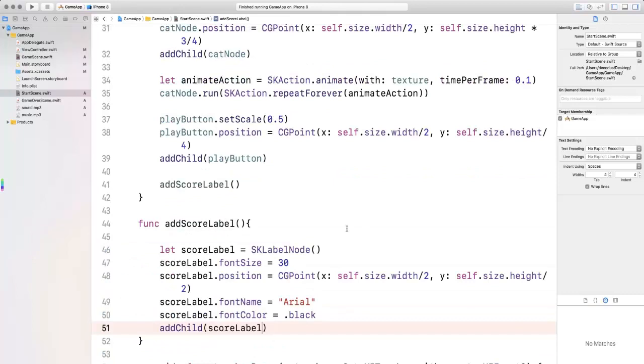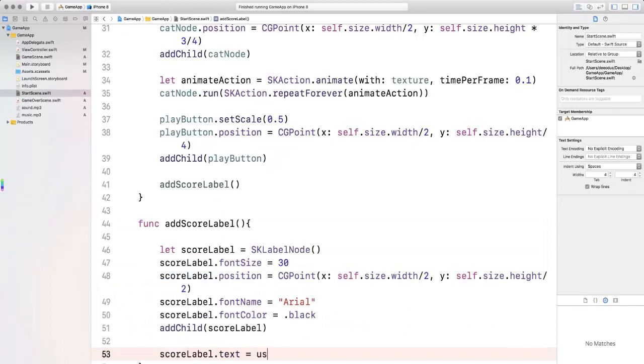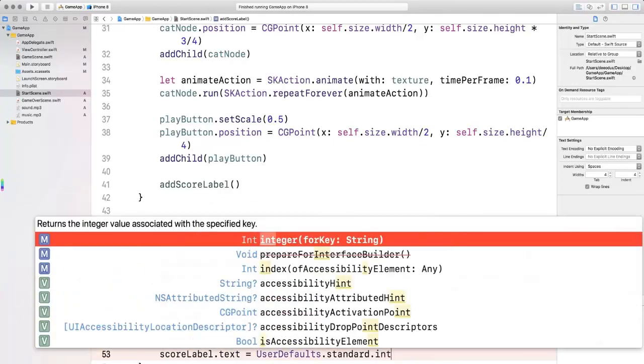If we run the code, we're not going to see anything because right now we don't set any text for that label. So the text we want to set is actually the UserDefaults value for the scores key. So let's say scoresLabel.text. That will be UserDefaults.standard.integer(forKey: